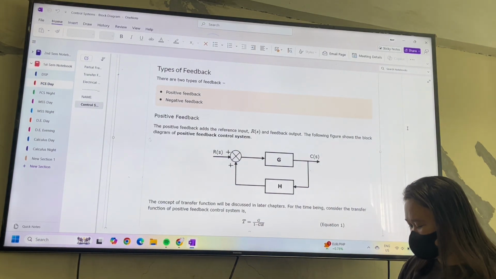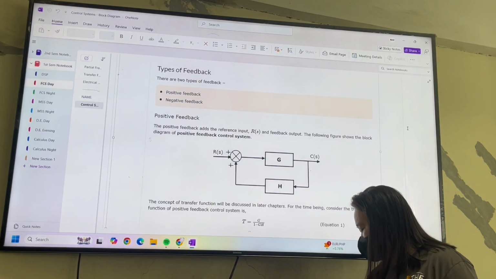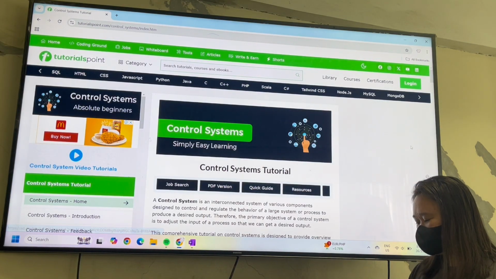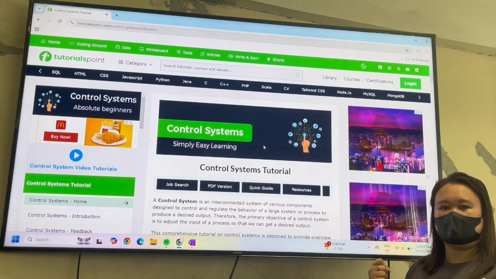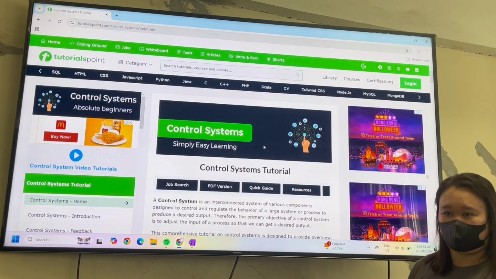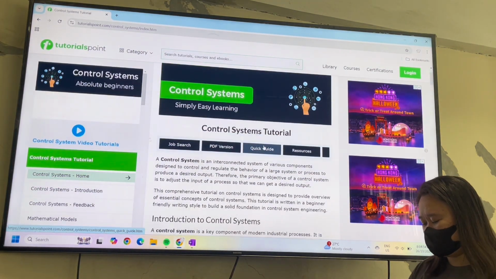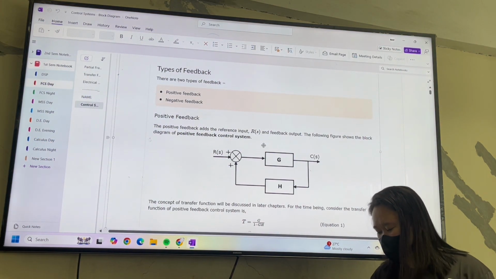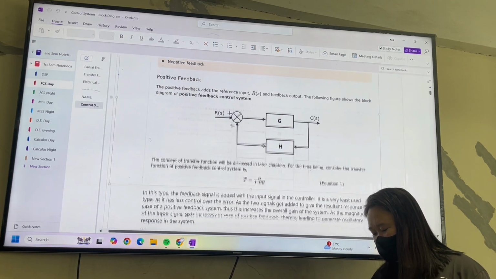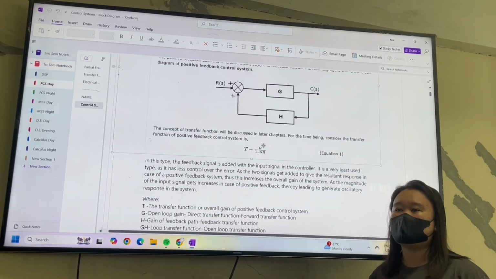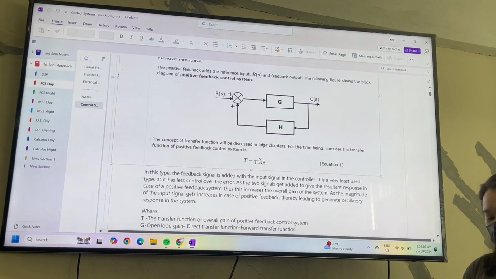By the way, ang source ani during my undergrad and during our review, wala po akong gigamit ron. Kani siya. Tutorials point. Wala po di gigamit na mo during undergrad and during our review. Okay? So, tinira ko nga po hapon. And the concept of transfer function, okay, later. Ito na discuss later. Now, since this is a positive feedback, okay,